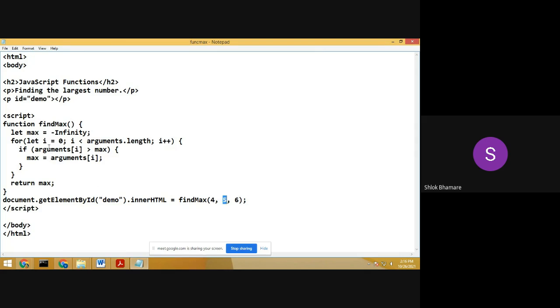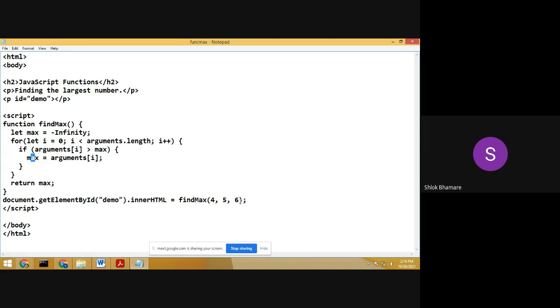If 5 is greater than max, 4 is greater than 5, condition is false. Rather, 5 is greater than 4, condition is true, so 5 will be assigned to max.